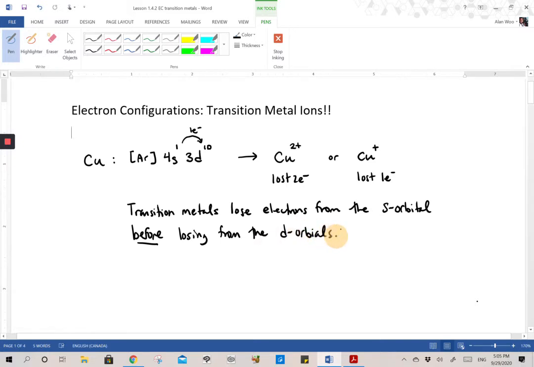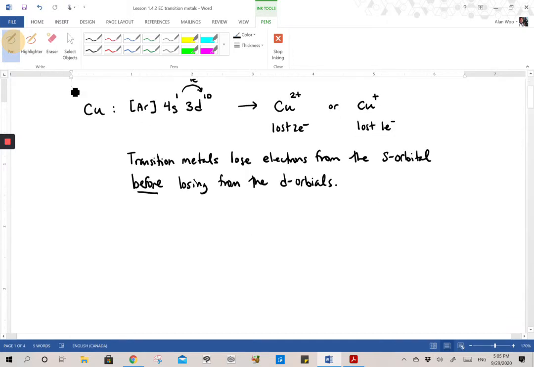And this makes sense because if you lose electrons from the d orbitals, which are larger, they destabilize much more. So instead, you want to lose it from a smaller orbital first, and then from the d if necessary. So what that means is, for copper 2+,